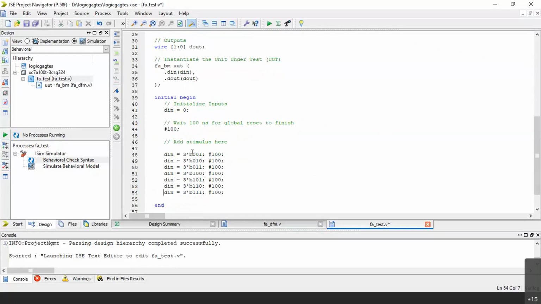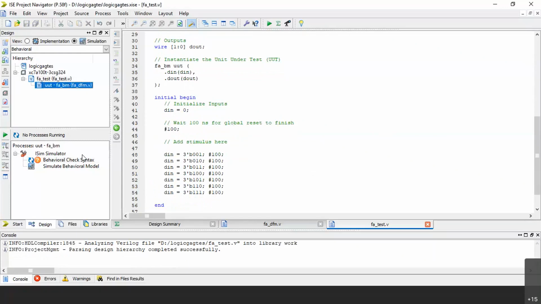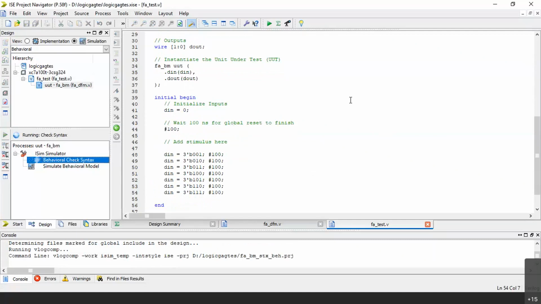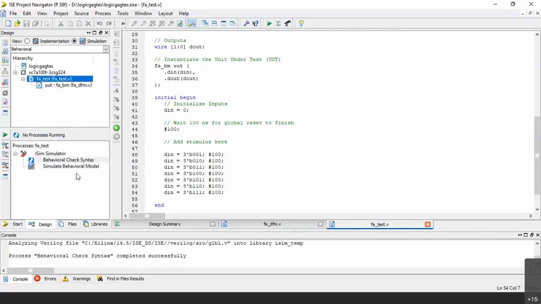The very first stimulus, 0, 0, 0, is not given because it is already initialized here to 0. Let it be like that. Now let me save it. Now let me come back and check syntax. You can see the green tick mark. Now let me check syntax of this test bench.